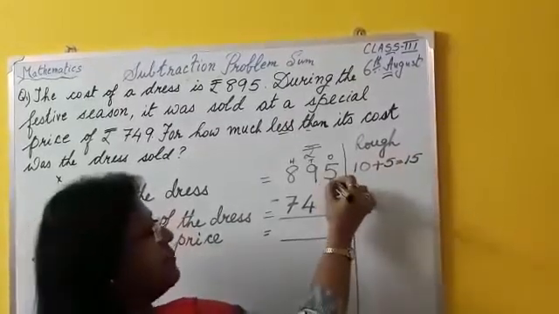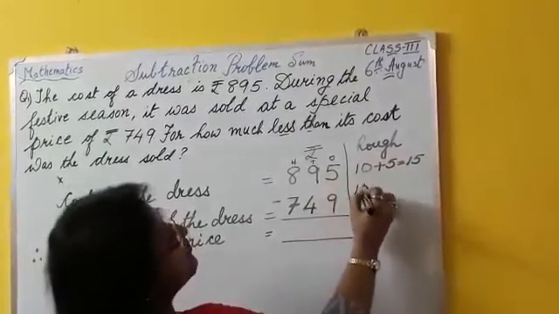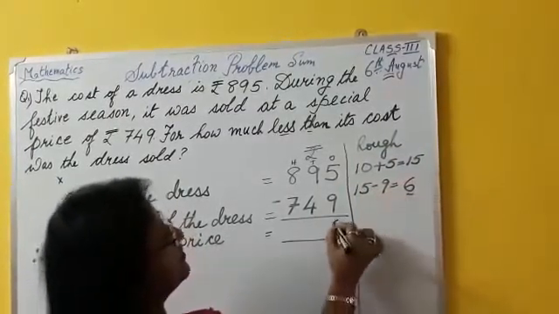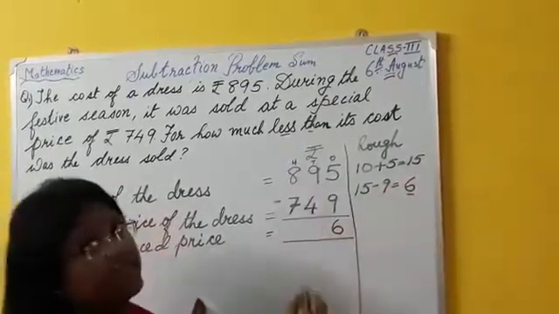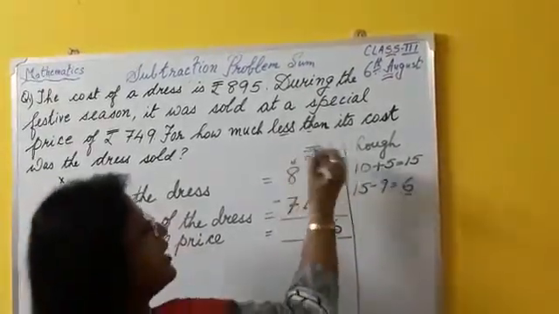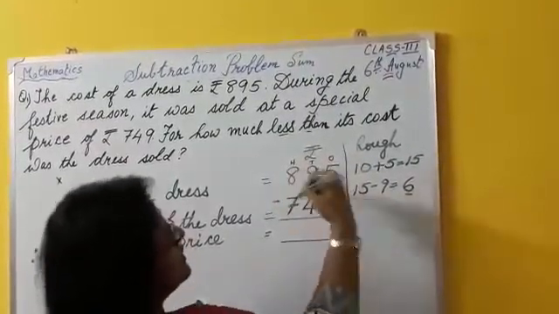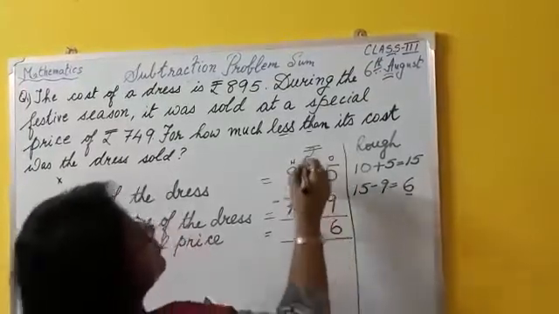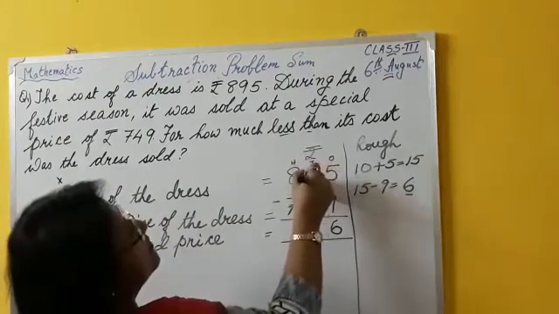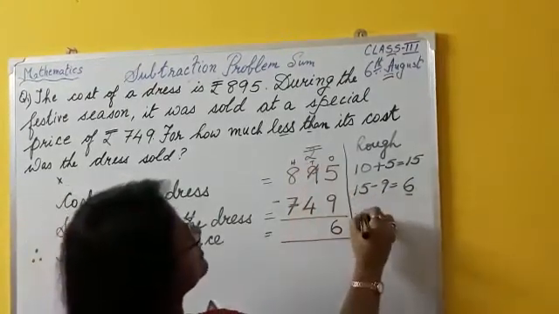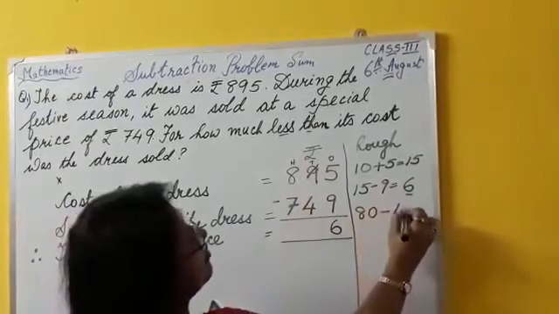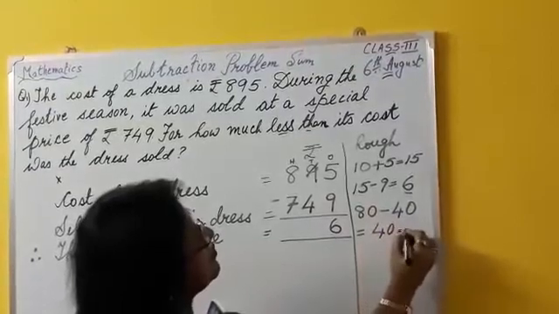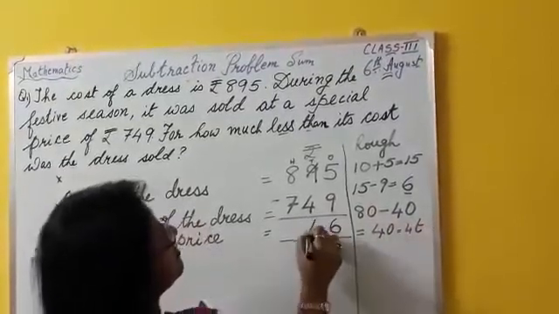Now this is a greater number, greater than 9. So you can subtract 15 minus 9. How much you get? 6. So 6 ones right here. Okay. Now in the tens place you have 9 tens, but 1 you already gave. So 1 is gone. Okay, it becomes 8. 80 minus 40. So how much you get? 4 tens means 40. So you write your answer as 4.